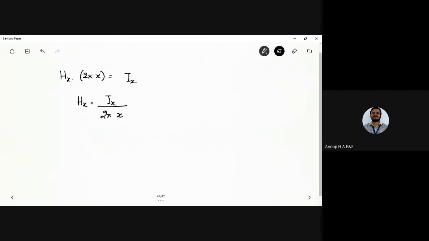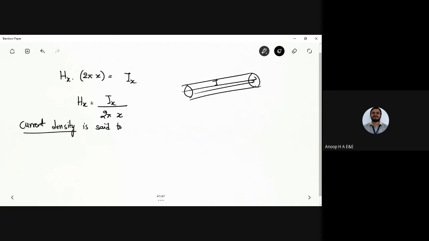All right. So now, how do you define current density? Current density is uniform along the length of the conductor, because it's a single transmission line conductor, and you have the current density there. So current density is said to be uniform, whether it is at distance x, or the radius of the conductor, or any distance which I take into consideration. All right, so at a distance x, pi into x squared, Ix would be equal to I divided by pi into r squared.